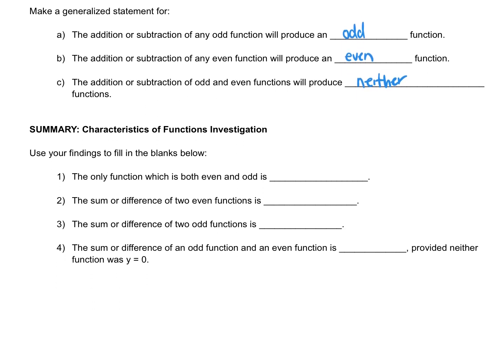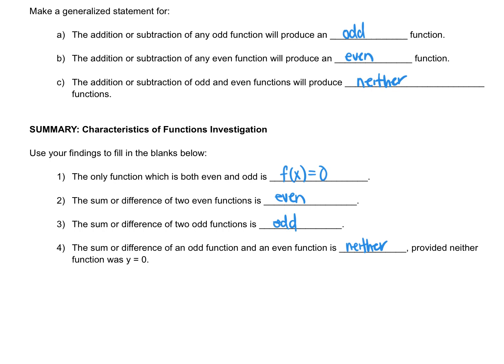So, to summarize our findings here, the only function which is both even and odd is f of x equals 0. This function, if I reflect it over the y-axis, it will be the same, or if I reflect over x and y, it'll be the same. The sum or difference of two even functions is even if they're different types of functions, like a polynomial and a sinusoidal, for example. The sum or difference of two odd functions is still odd. And the sum or difference of an odd function and an even function is neither,